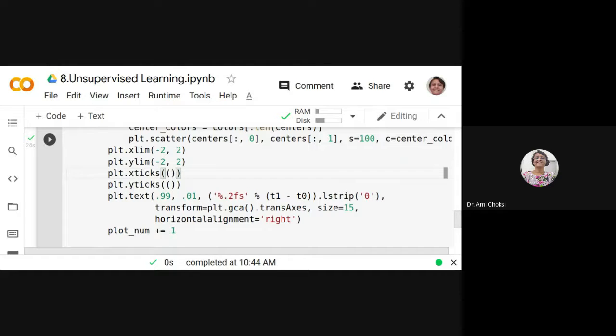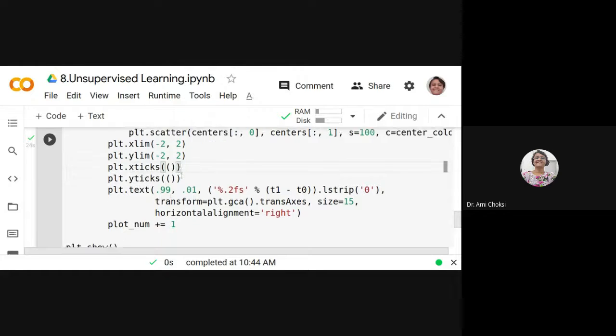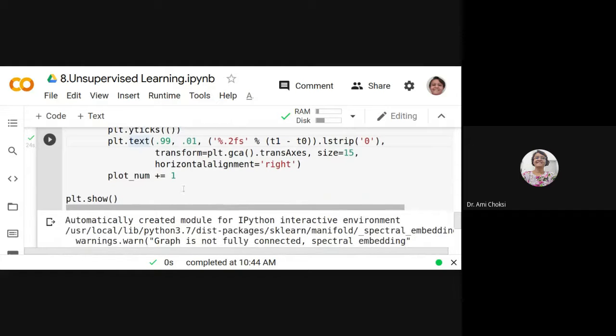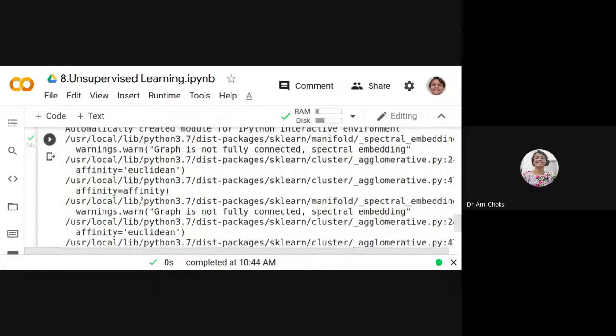For that we put the line, or dot, you can say. That is what is there with the help of x ticks and y ticks. Whatever text we specify in plot.text, we specify it with the help of this method. Then plot number plus equal to 1, because we want to see the next plot. And at last plt.show, so it will show everything.